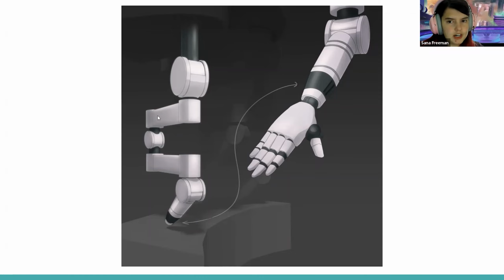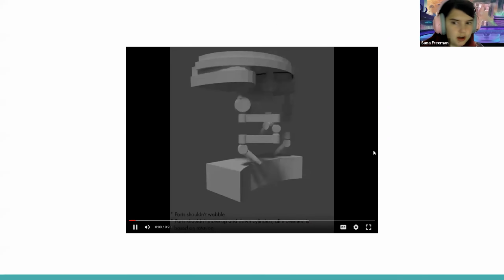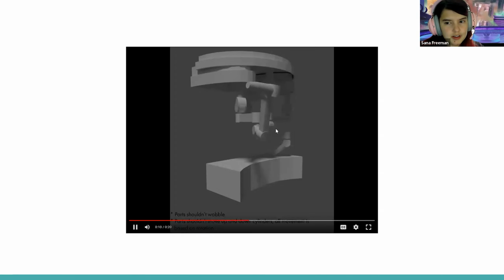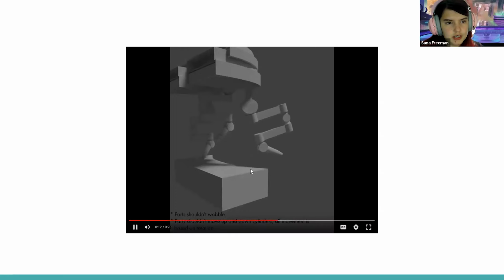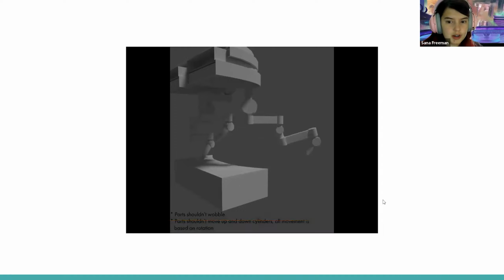But designing this, I also had to explain to the rigging department and the modeling department how this needed to work, because I could do this in 10 different drawings, but instead I made this terrible video. Now this isn't great because there's no rigging on this. This is literally just me twisting the models, and it's not great, but it just gets the idea across very quickly to what the modelers and the riggers need to do. And that's kind of what I ended up doing.